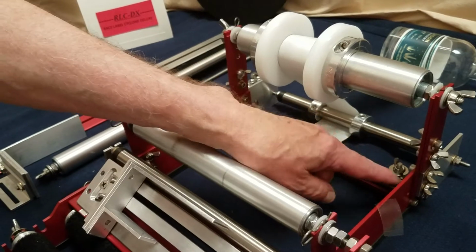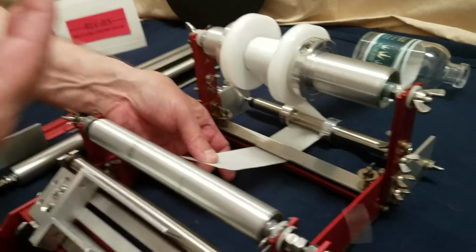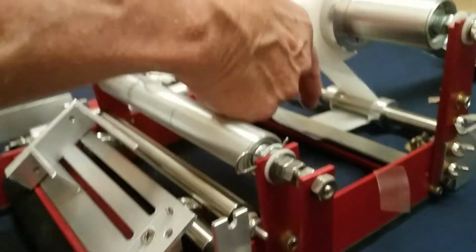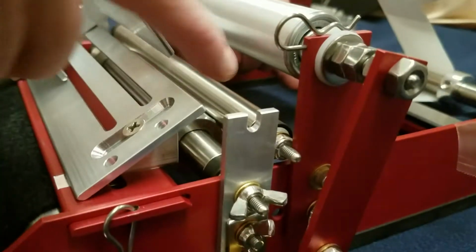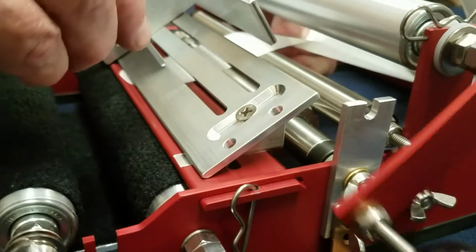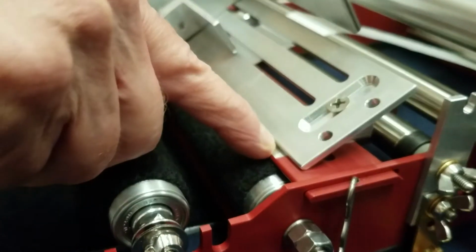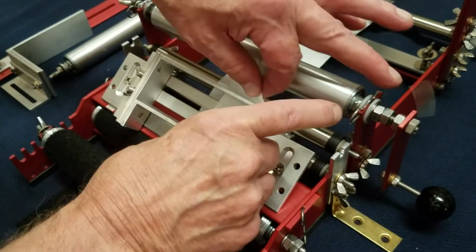So we've got the tensioners retightened, and we're still coming toward us now. This roller right here can be lifted out of there and put down there for the threading process, which gets it out of the way. You come between this roller and this roller coming towards you, and go underneath this silver separator plate and the red plate here. You'll come between them, and then you're going to go back towards the power roller here